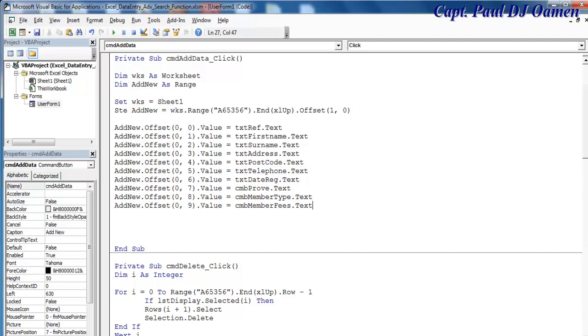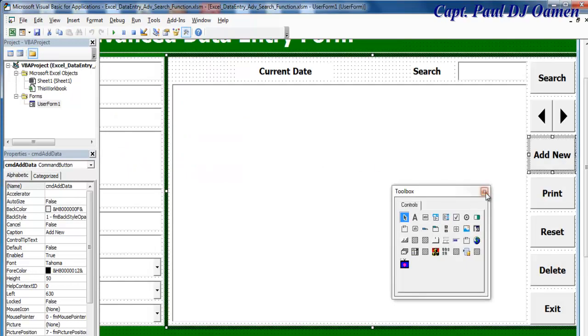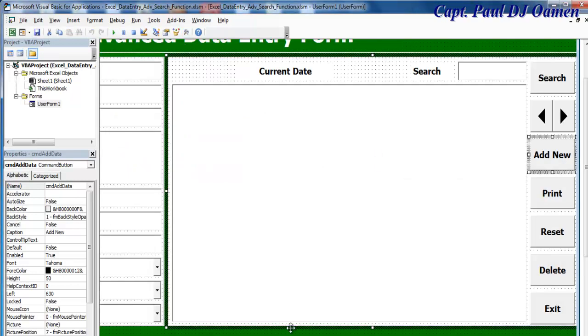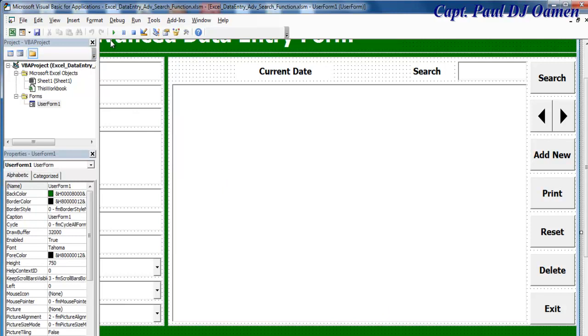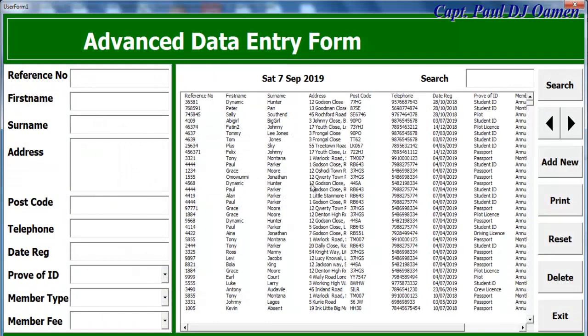Right. Okay, I'm going to now save that. Let's go to my form here, just run it and see how it's going to look. I will try to enter some data in there. So I'm just going to enter some valid data in there. Let's say